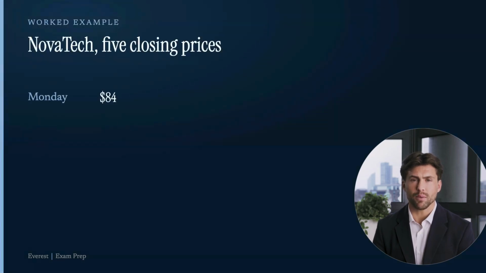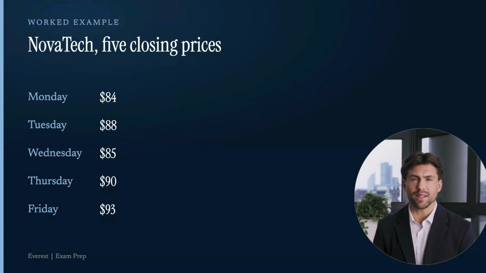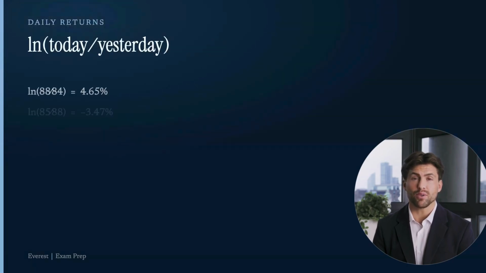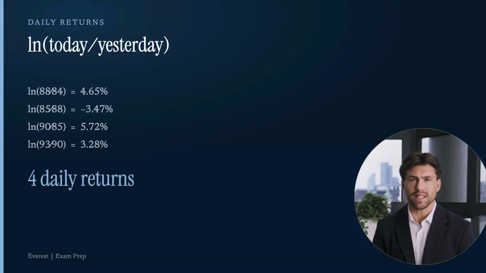Let's look at an example. Say Novatech shares traded like this over 5 days, after an earnings surprise moved the stock around. Monday, $84. Tuesday, $88. Wednesday, $85. Thursday, $90. Friday, $93. First, convert each day's move into a continuously compounded return, the natural log of today's price